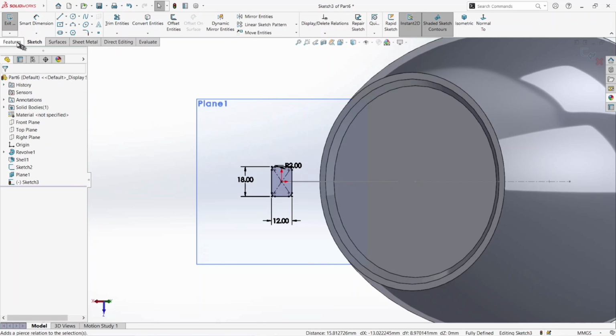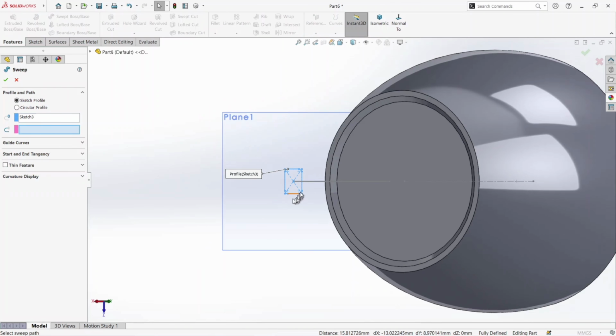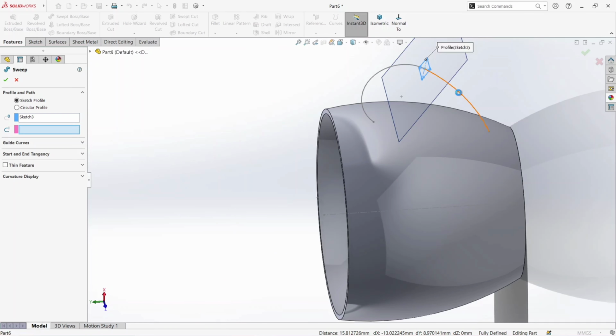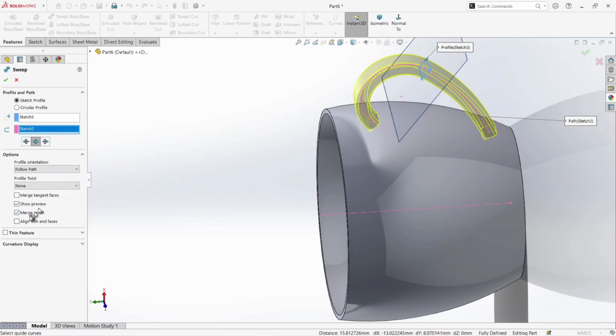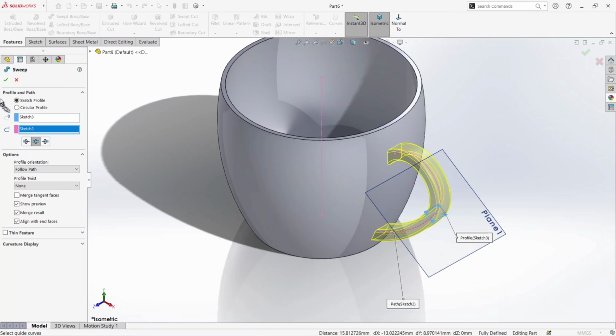Okay, exit, go to feature and select swept boss base and select this line. Here select both sides and from options check this align faces. Okay, see,